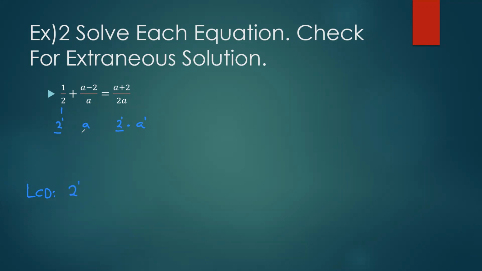And then let's look at our other base, a and an a. You have a repeating base of a, so you pick the one with the highest power. They're both to the power of 1, so bring it down. So your LCD is 2a. Okay, so we're going to multiply all three sides by 2a. So what's 2a times 1/2? Well, the 2's are the same on the top and bottom, so you're only left with 1 times a, which is a,